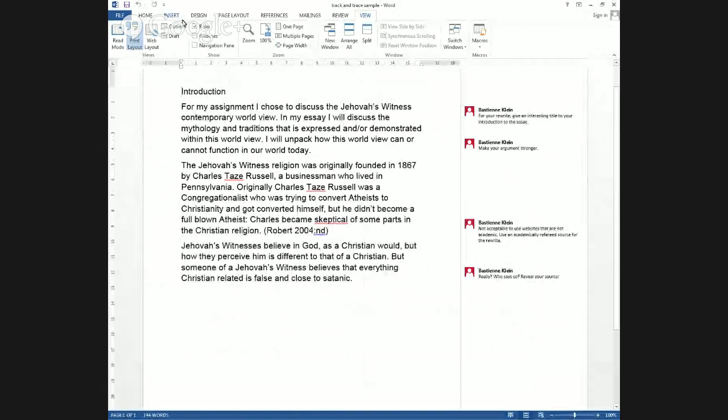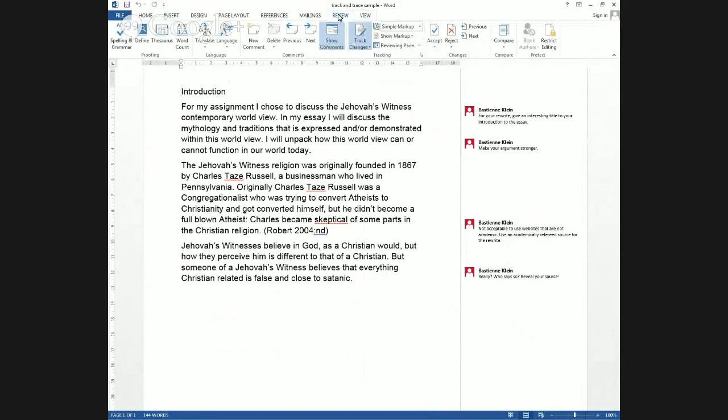And I want to say that again, where do you turn on track and trace? See here in your Microsoft Word under review. You want to show comments, to see all the comments that we've made. And then also, we want you to turn on track changes. And what that does